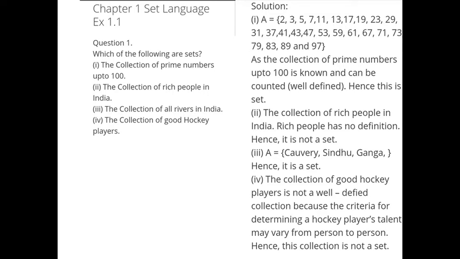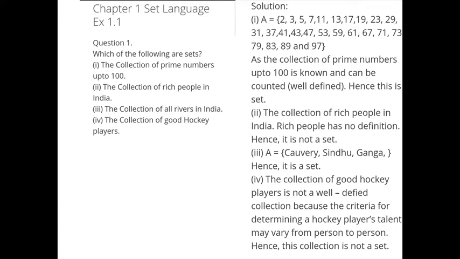The second sum, the collection of rich people in India. There is no correct definition for who is rich, is there? Everyone may have different criteria to say who is rich. Since the criteria is not defined, we cannot say it is a well-defined set.